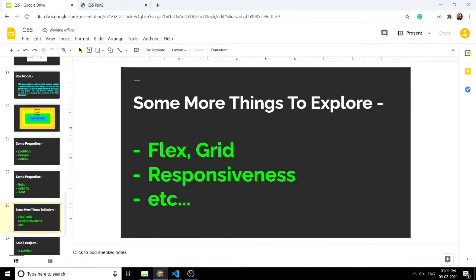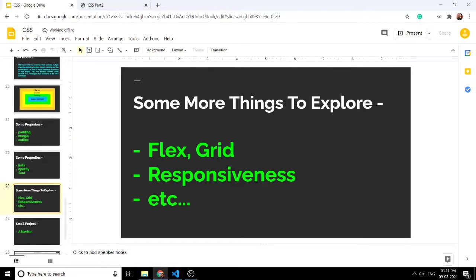The next one is responsiveness, which means how we can make our website compatible with different display sizes or different devices like smartphones, laptops, PCs, and so on. As I said, there are lots of different properties in CSS.